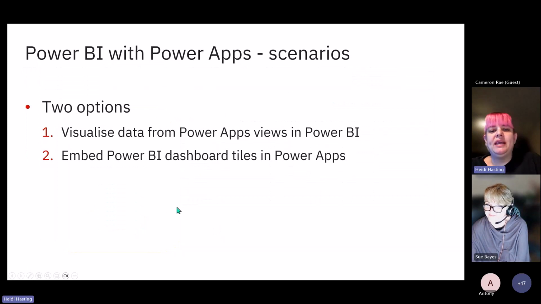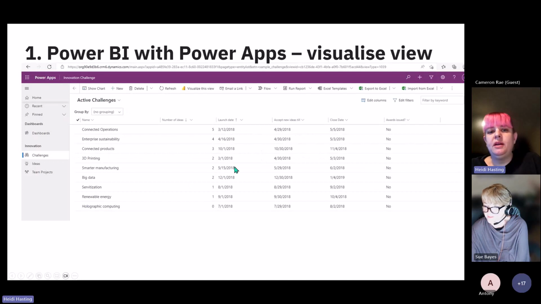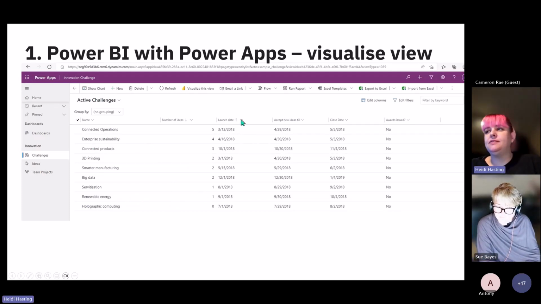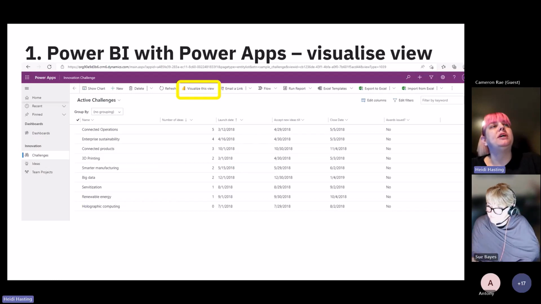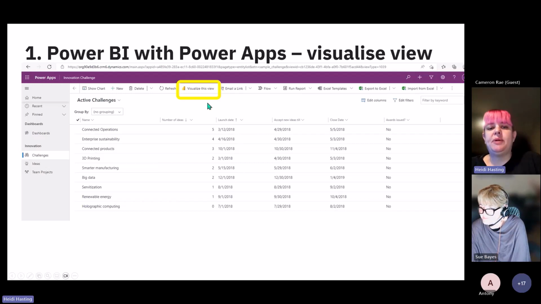So we've got two scenarios. We can either visualize the data within Power Apps, or we could actually put a Power BI dashboard tile into the Power App itself. If we look at the first one, if you're in Power Apps and you're looking at your data, this one is model driven. So we can see all our data set there. We've got our active challenges. If we were to hit the visualize this view up in the top, now if you don't have this, this has to be enabled by your, I want to say tenant administration, but it's probably considered organizational administration in the docs. So if you don't see this button, make sure your organization allows you to see it